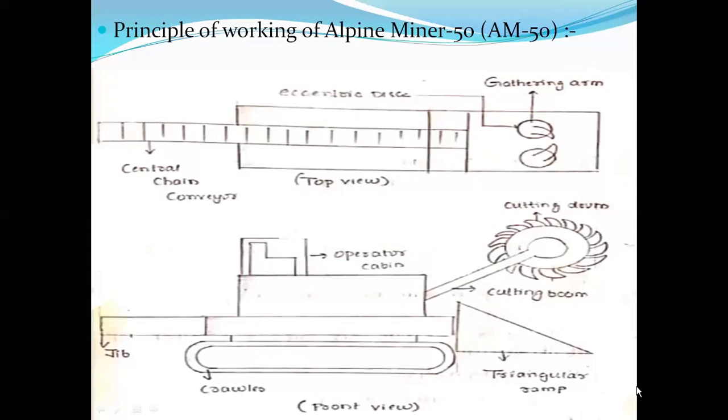If you look at the construction details of it, this is very important. Look here, in this case it is crawler mounted. This is the front view of it, whereas this is its corresponding plan or top view. It is written here, this is the front view, whereas this is its top view.